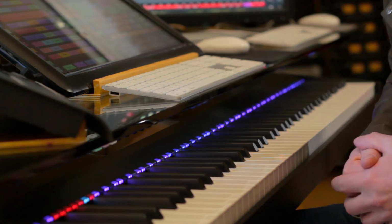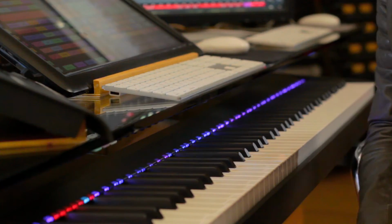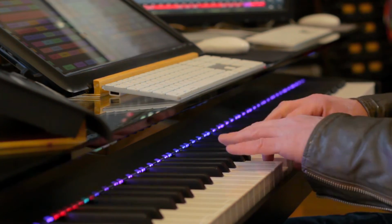And people identify it with Michael Jackson, and that's correct. Quincy Jones had one, and he used it on that album. So his main riff is...